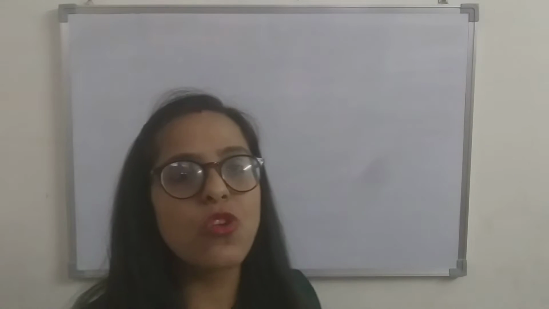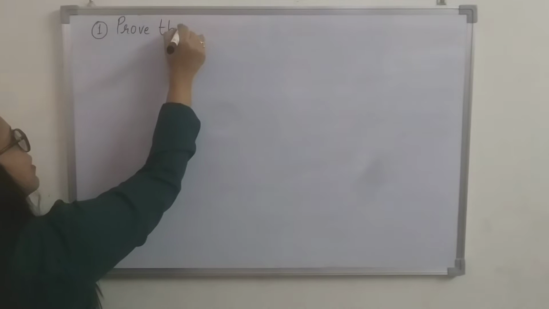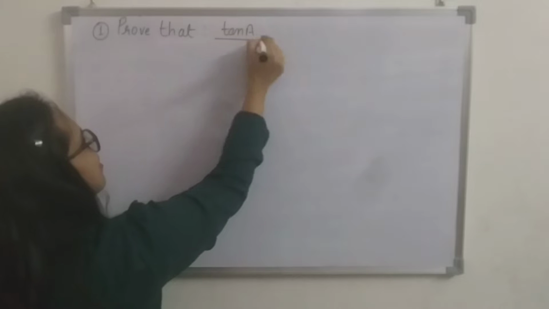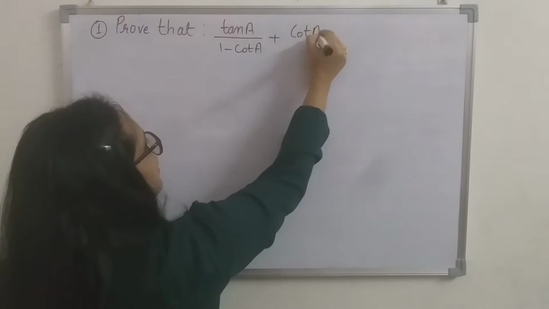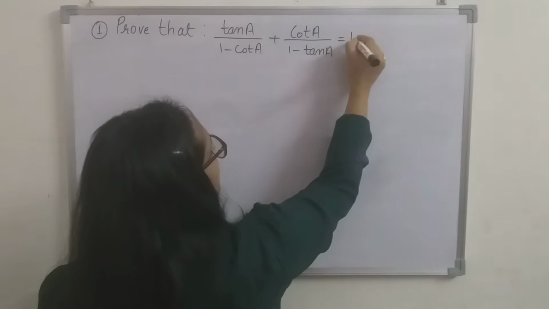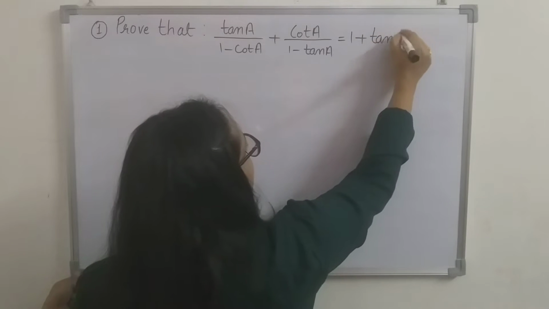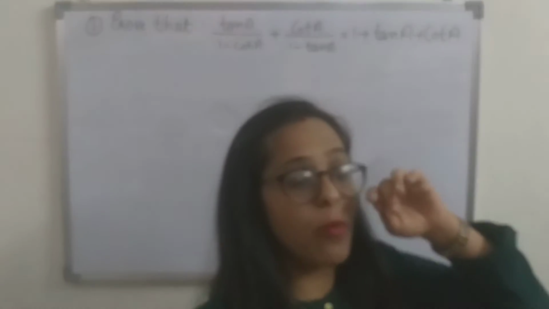Today I am here to solve some maths problems. So let's start with our problems. Our first problem is: prove that tan A upon 1 minus cot A plus cot A upon 1 minus tan A equals 1 plus tan A plus cot A. Okay, now see students, this is a very important question from what point of view in